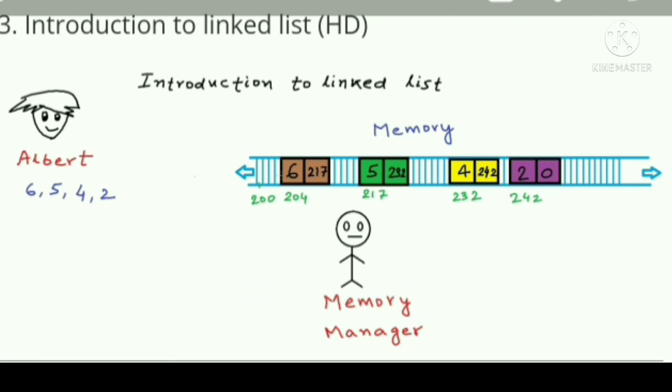So Albert now actually has to request the memory manager for a block of memory that will store two variables. One, an integer variable that will store the value of our element, and one, a pointer variable that will store the address of the next block or the next node in the list. In C, he can define a type named node like this. He will have two fields in the node, one to store the data. This field will be an integer, and one more field to store the address of the next node in the list.